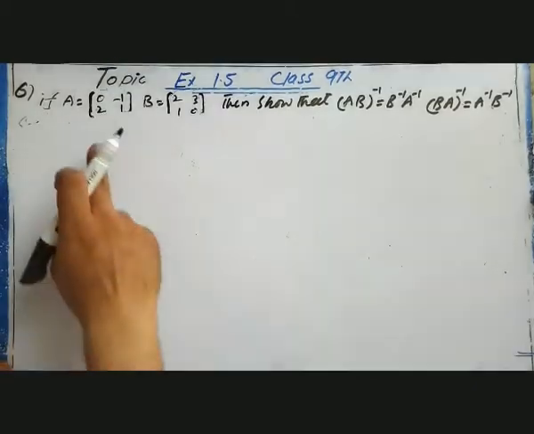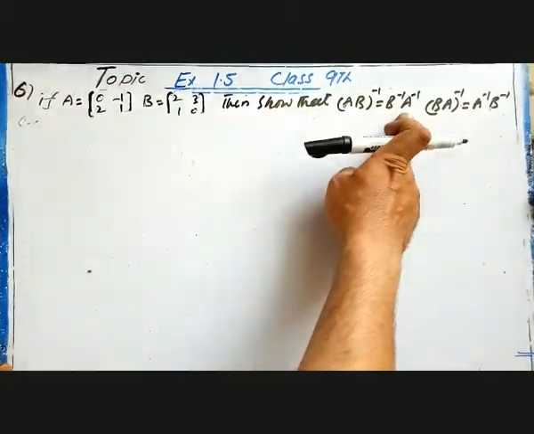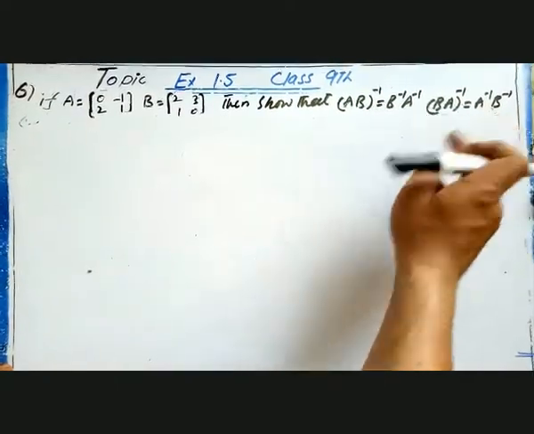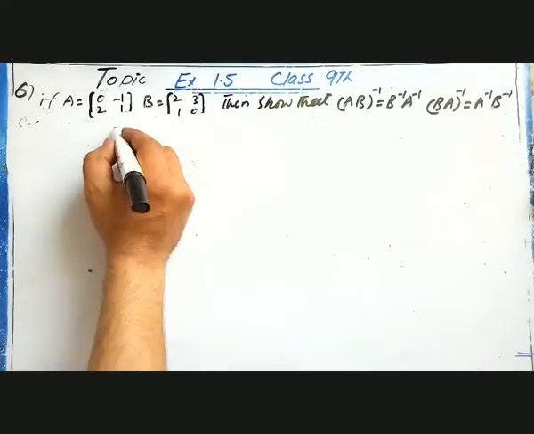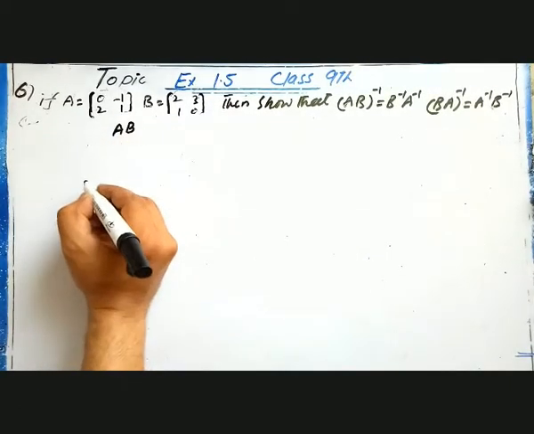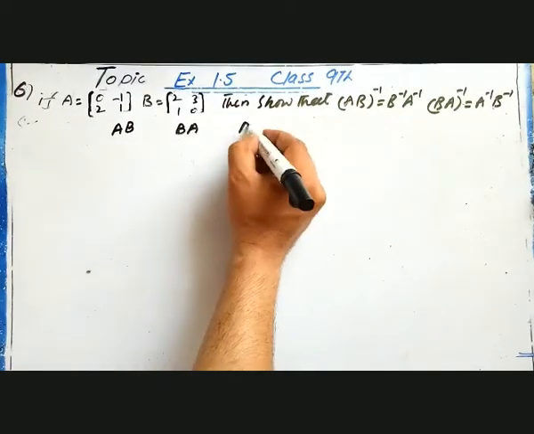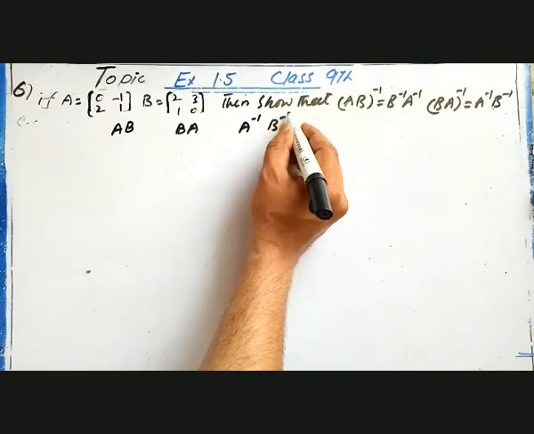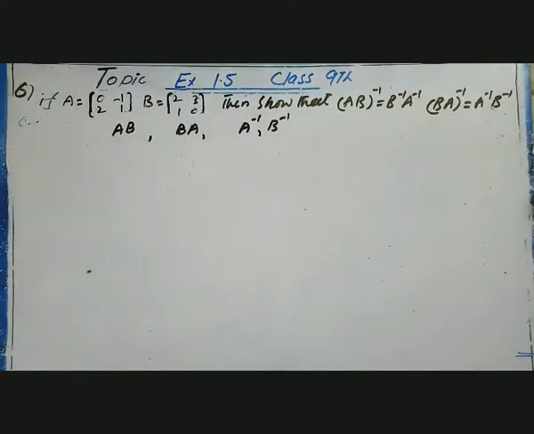Question number 6. If A is equal to this one, B is equal to this one, then show that AB whole inverse is equal to B inverse and A inverse, and BA whole inverse is equal to A inverse and B inverse. So इनके लिए हमें सबसे पहले फाइंड करना होगा, हमारे पास AB होना चाहिए, BA होना चाहिए, A इन्वर्स होना चाहिए एंड B इन्वर्स होना चाहिए, तभी हम इनको फाइंड कर सकेंगे। अभी सबसे पहले हमें ये चीज़ें फाइंड करनी होंगी।